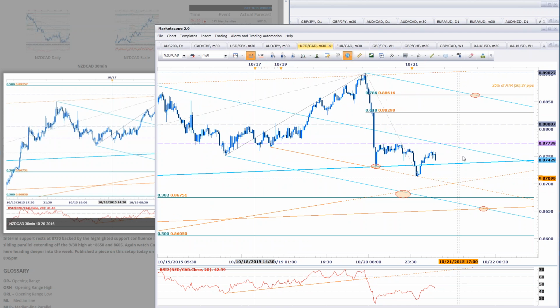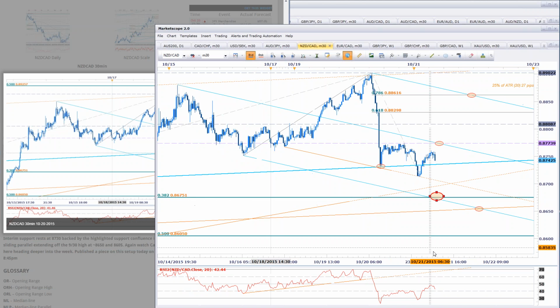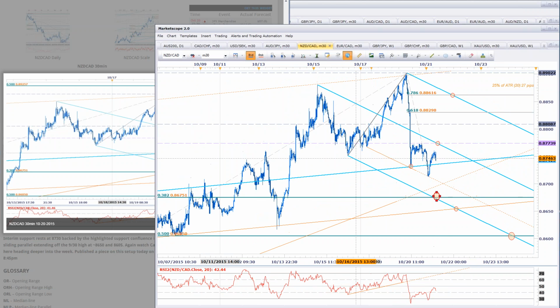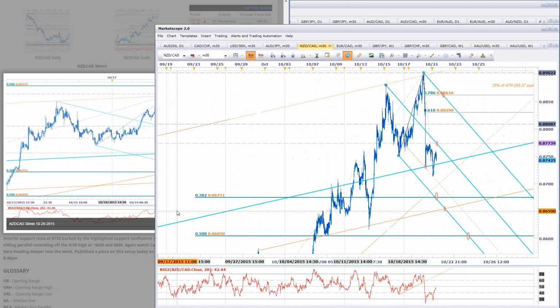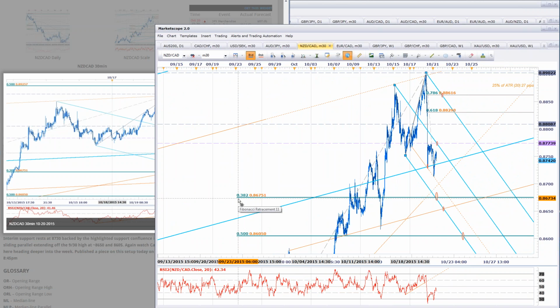Okay, immediate bias stays weighted to the downside below this median line. If you break here in US trade today, you do risk a rally back towards 88.60. That's not the preferred scenario. Preferred scenario is for us to stay bearish below 87.74, and the major area of support we're still looking for is that 86.75 region. Just a lower median line parallel for the current operative structure, and a basic 38.2 off the lows from that late September rally.